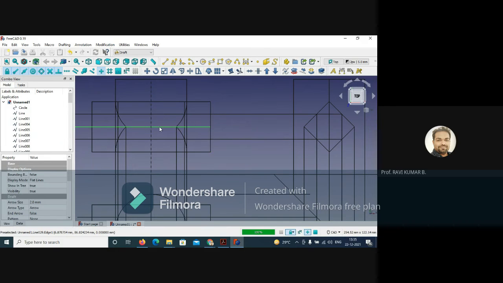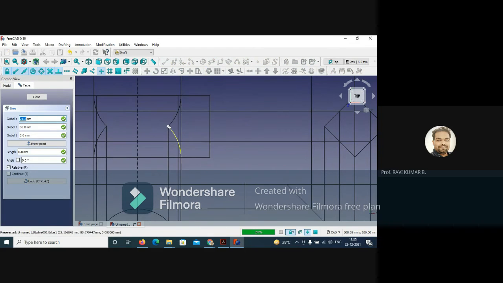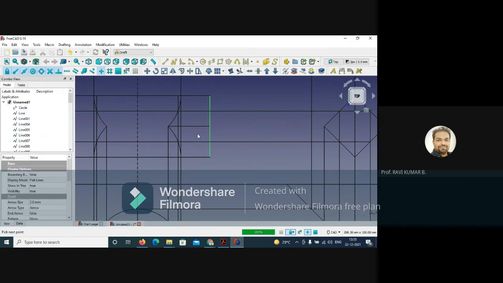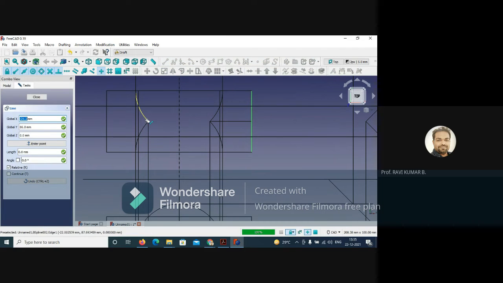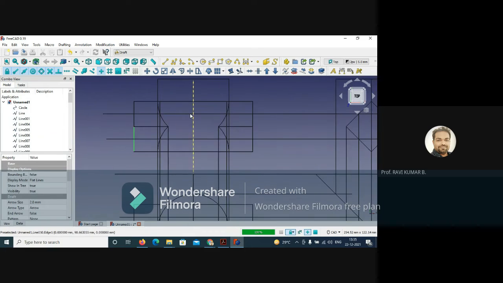I think that is not going to work, so better you delete this, take another line, and draw from this intersection point up to this. Do the same treatment on this side also, from this point up to this intersection point.